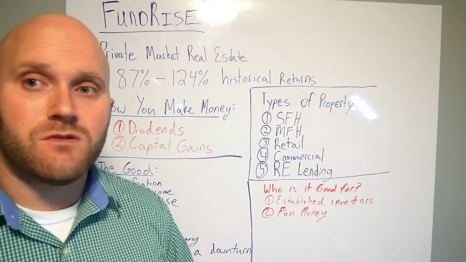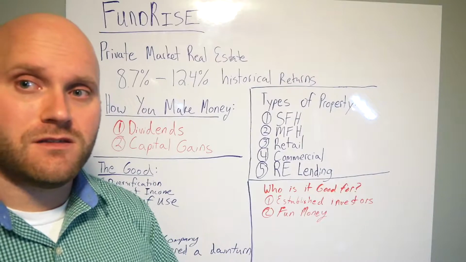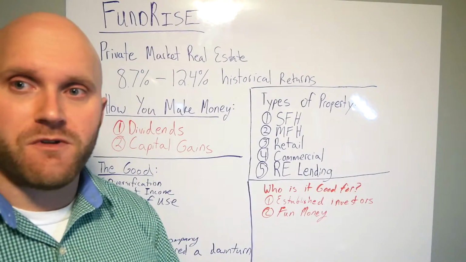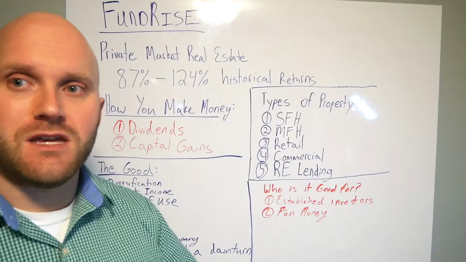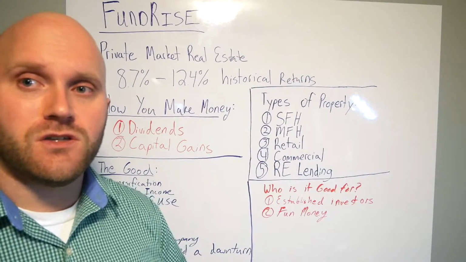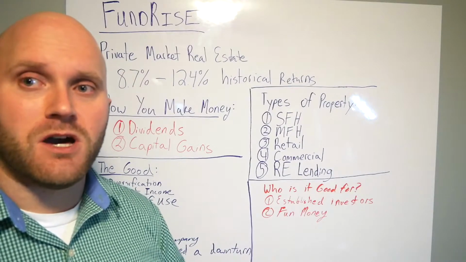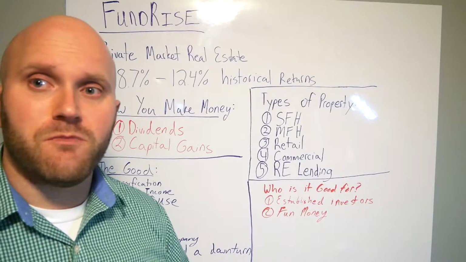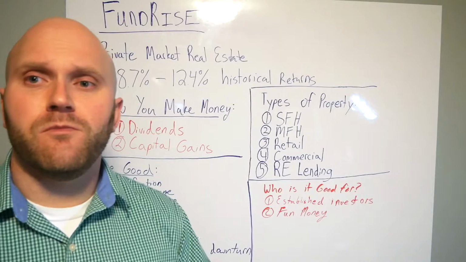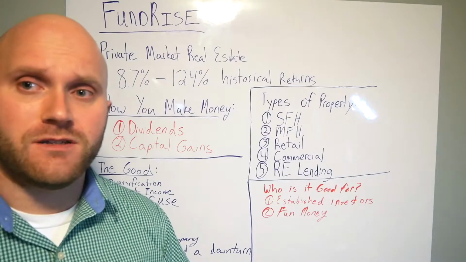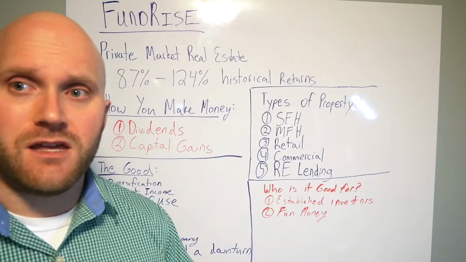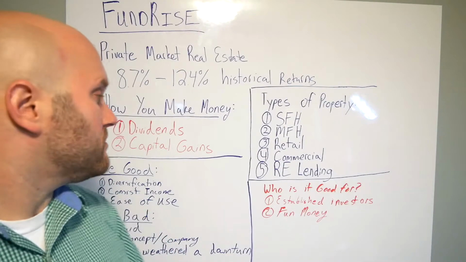The capital gains are when Fundrise acquires real estate. The real estate they acquire, we hope, goes up in value. When it goes up in value, and say they sell that project, exit that project, the appreciation there is some of the gains. They also lend money out. With the money they lend out, they get regular income payments coming in, and that goes into the dividend pool. So there are multiple ways you can make money from Fundrise, and Fundrise likewise invests in different styles of projects that we're going to take a look at, and they get their returns from multiple different sources.